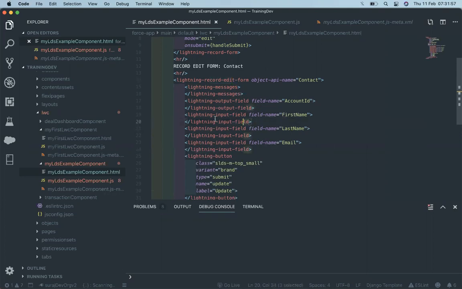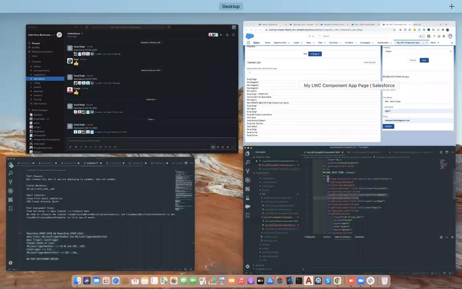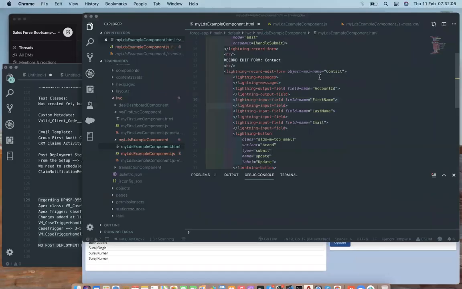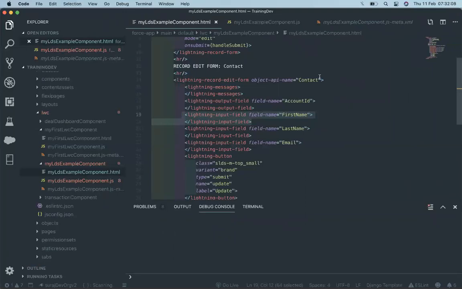Suppose the current user does not have permission to view this field, so the field automatically gets hidden from this UI. Whenever we are using an input field at any place, whether in LWC, Aura, Apex, or a VF page, if we use the input field or output field, then it will include all the permissions along with it.